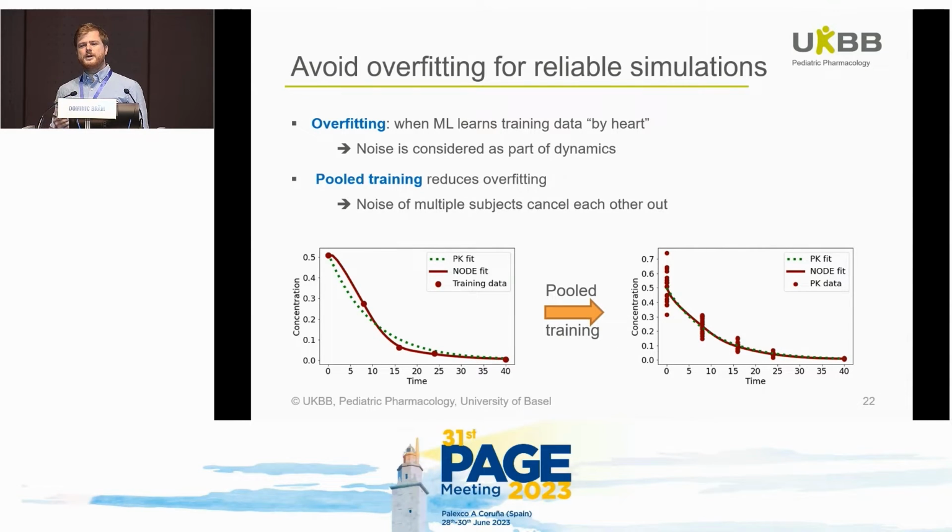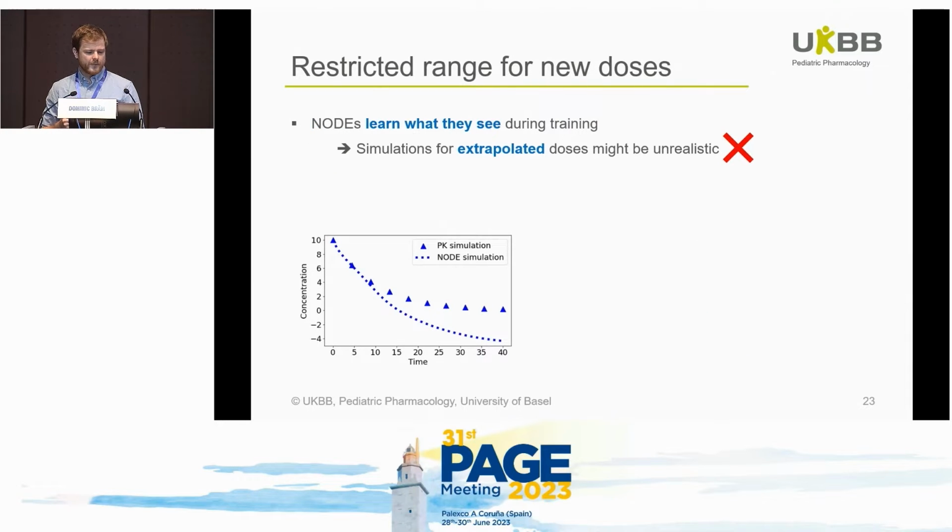What happens when we make a simulation for dose 20? And here you see an example why neural networks cannot extrapolate very well. So we get totally unrealistic concentrations, even in the negative concentration range, which is absolutely nonsense. So we have to